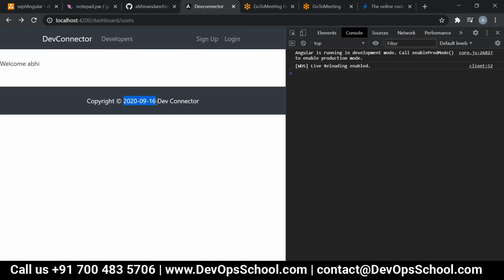Is it showing YYMMDD format or not? Yes. Clear?